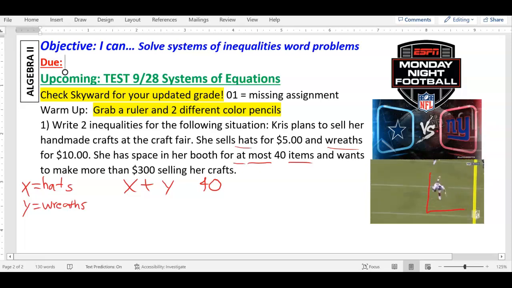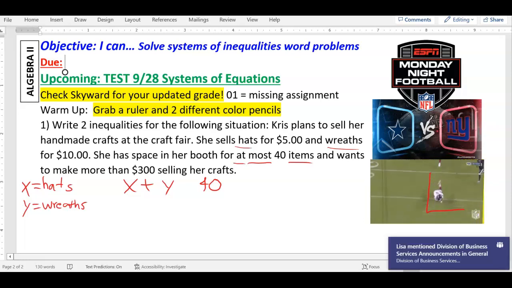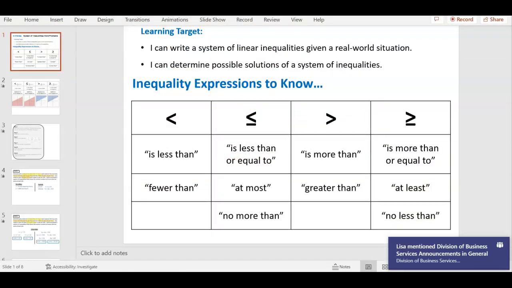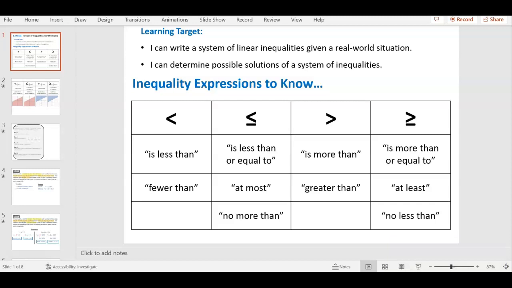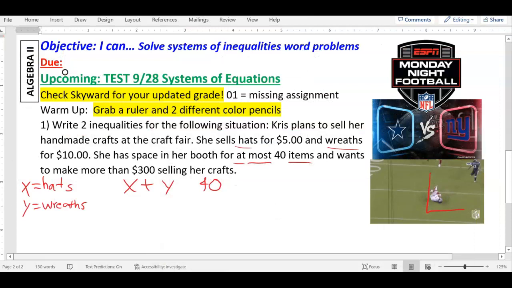Anyways. Now, if it says at most 40, does that mean it can be above or below? What do you think? Right, if the most is 40, it can be below, which would mean less than. If the most is 40, then can it equal it? Yes. So less than or equal to. If you look at your little table here again, at most, see the second column? Less than or equal to. So that's my first inequality. Okay, you have those notes, right? If you weren't here Friday, I can get you a copy of them filled out over here, or it's on the Google Classroom, it's taped on the back wall, all that good stuff.